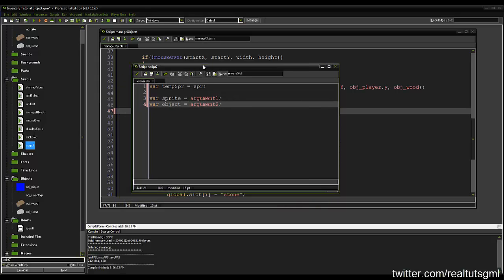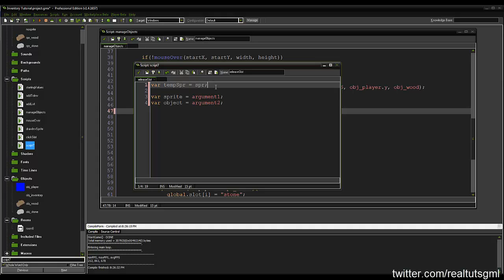So we're just taking that temp SBR and making it our main sprite, which is essentially just so we don't change, because we're going to change what this value of temp SBR is. So we don't want to change what it actually is. So we're just making a duplicate of it. So we'll just say if temp SBR equals sprite,